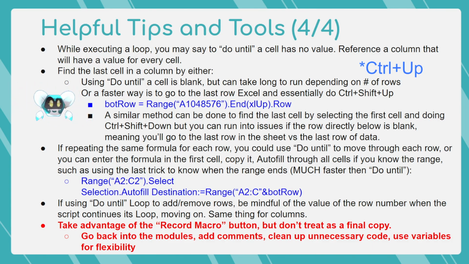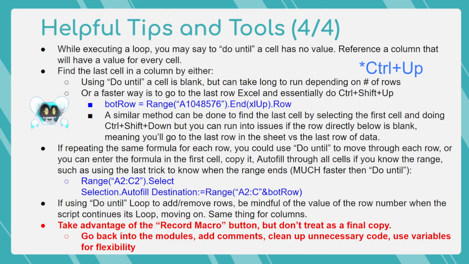So I could say dim bot row as integer, and then when I give it a value, I'm saying range, and that number is the last row number in Microsoft Excel. So I just said range A 1,048,576 dot end xl up dot row,